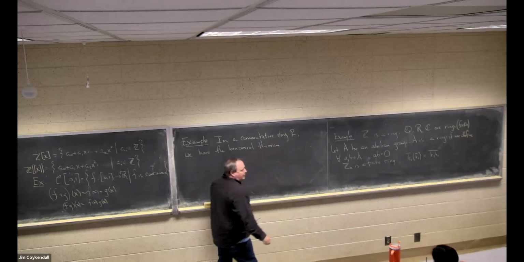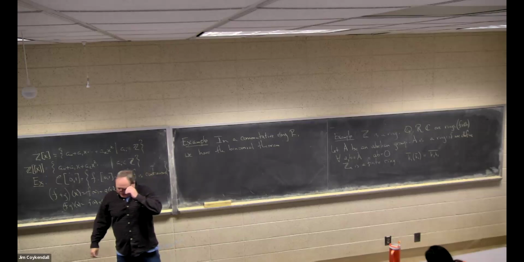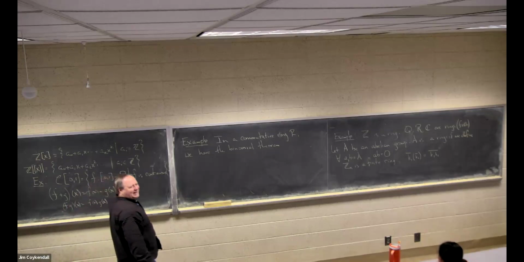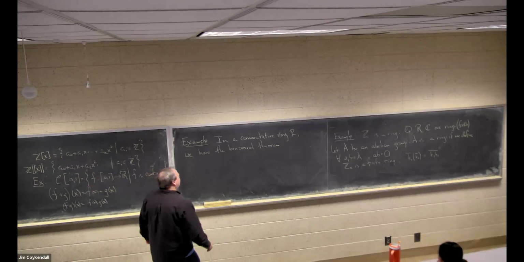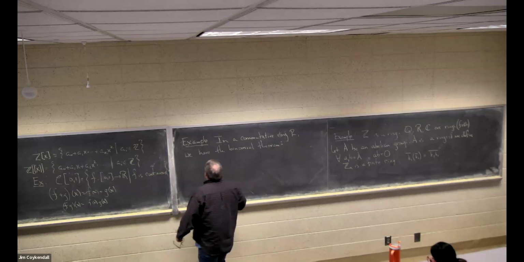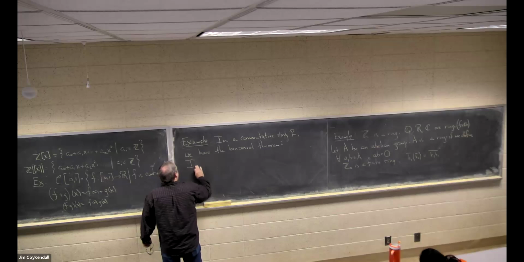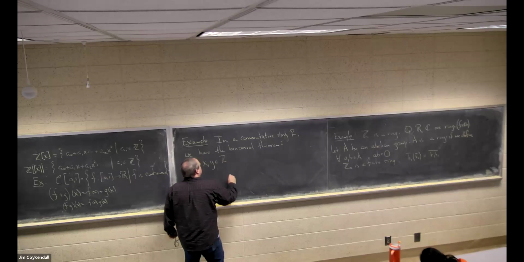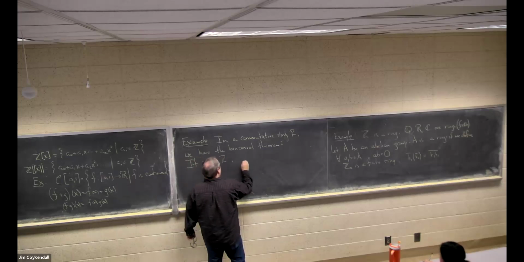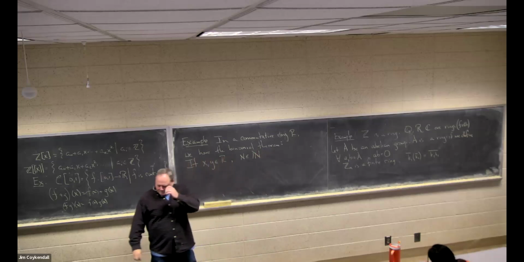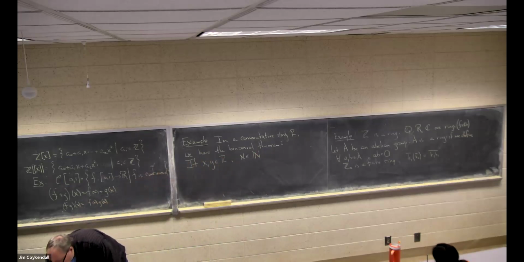You have all seen the binomial theorem, probably first in a high school algebra class. This is stated a little bit more generally than what you probably saw back then. If x, y are in R, a commutative ring, and n is in the natural numbers, then (x plus y) to the n